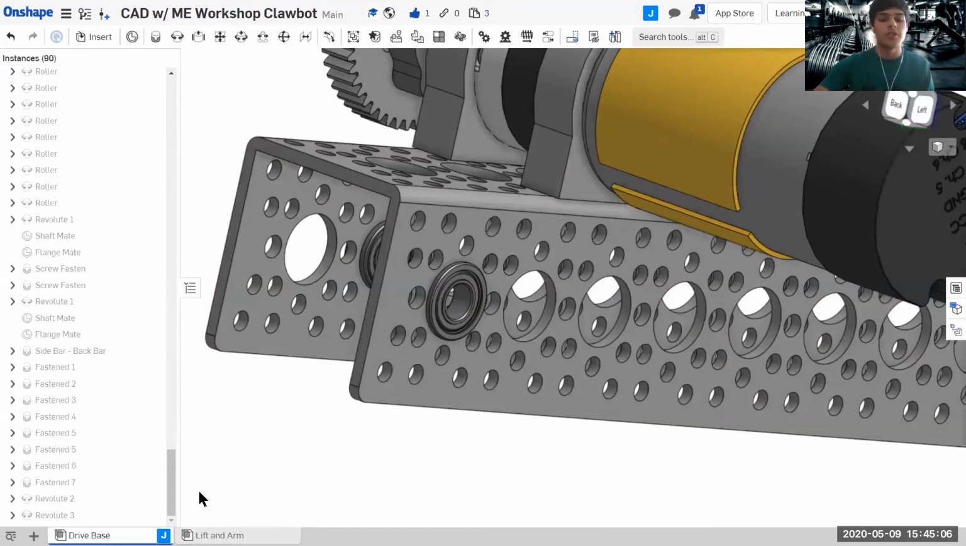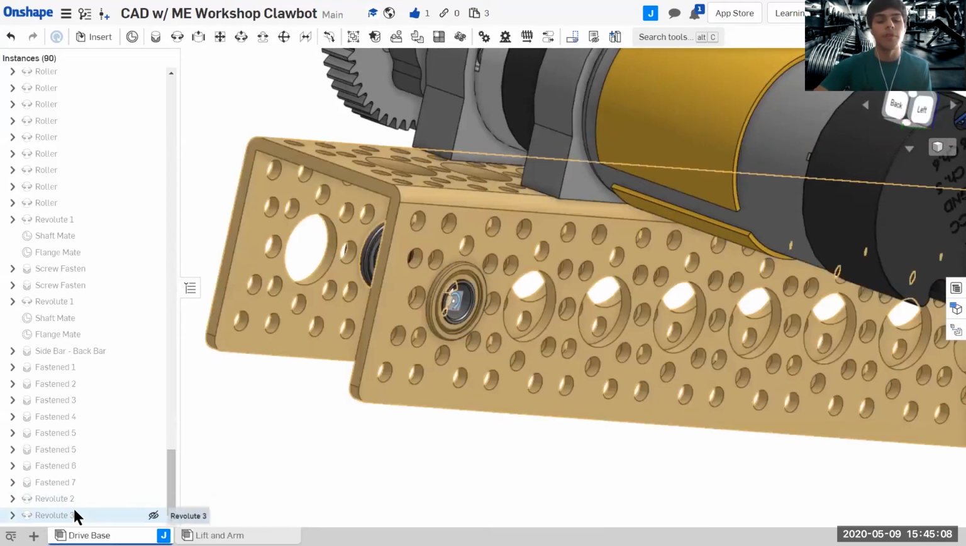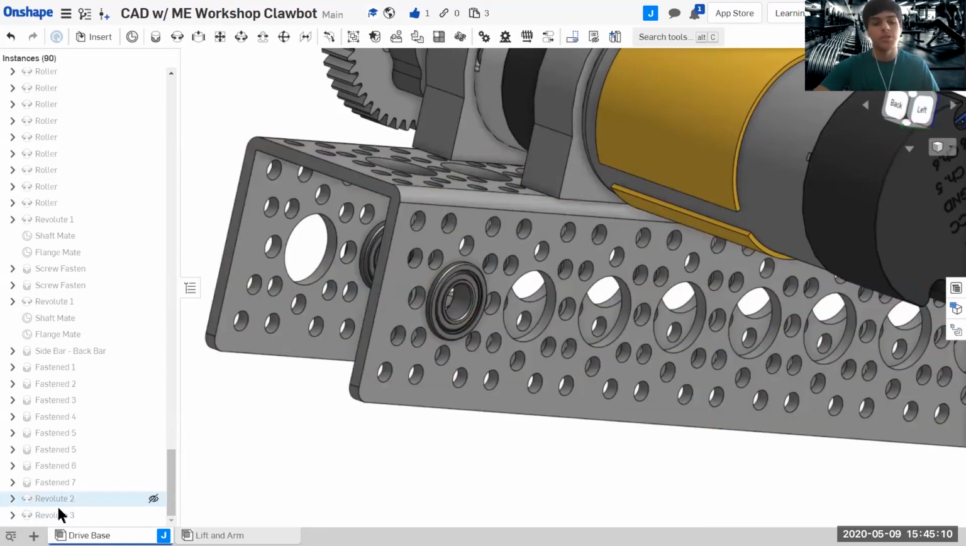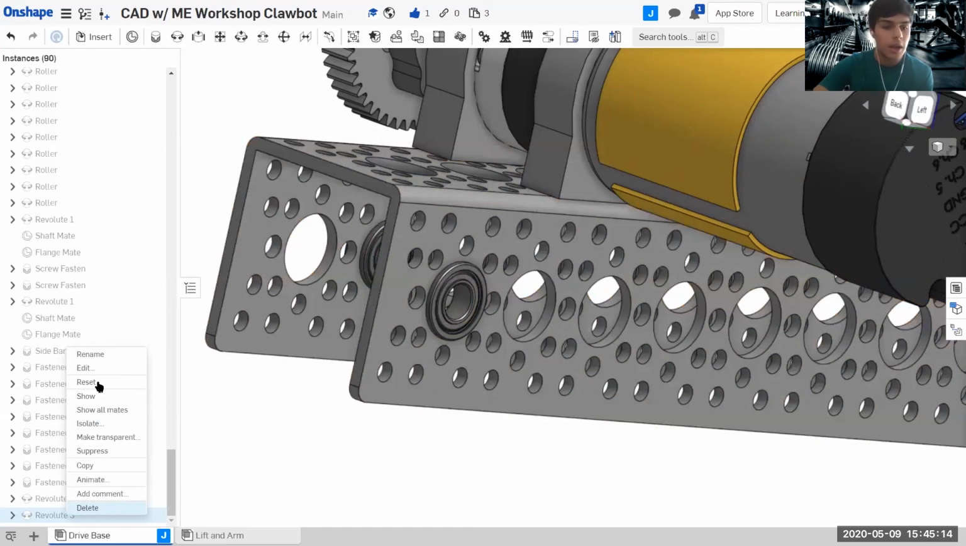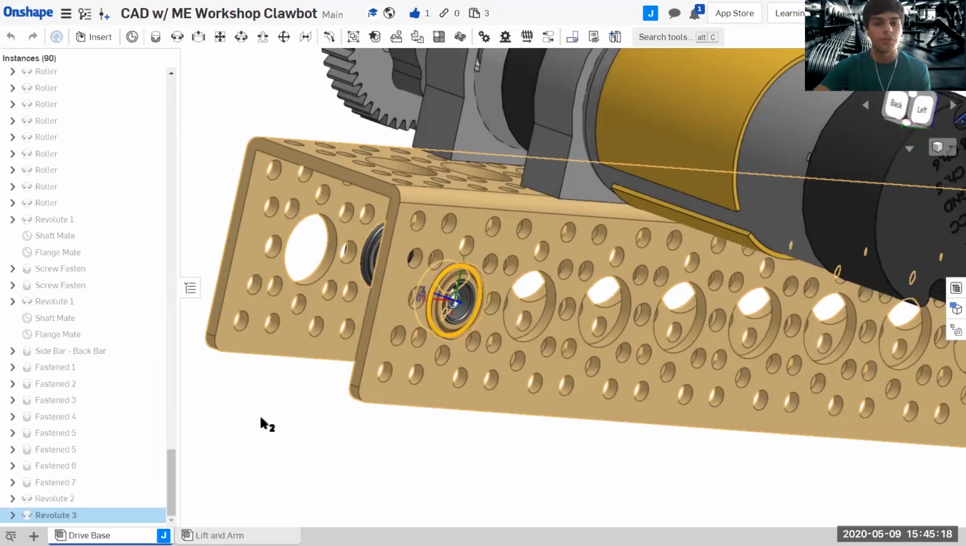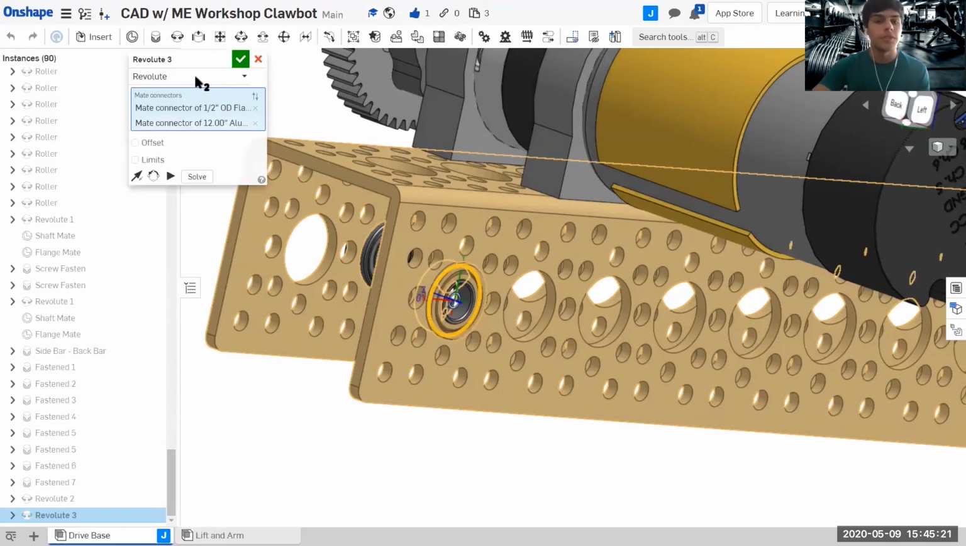So this is an example that you can also edit mates in general, and change the mate connectors. So I'm going to right click here and edit. I click on edit, wait for it to load. As you can see, it brings me back to the dialog box I had before. So in order to change the mate connector, you can hover over it. So right here, you see